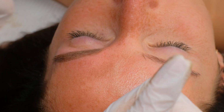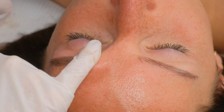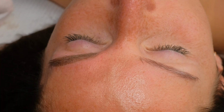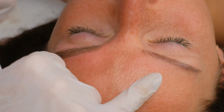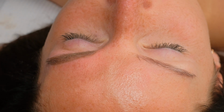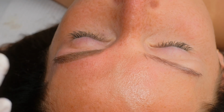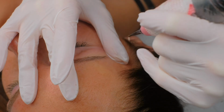And now we will go to the other side and we'll see if we are able to saturate this brow too, as nice as this one, because sometimes it happens that one of the sides is much worse to work with. So we will see how we can do it and what we can do for this client. Now I changed the side